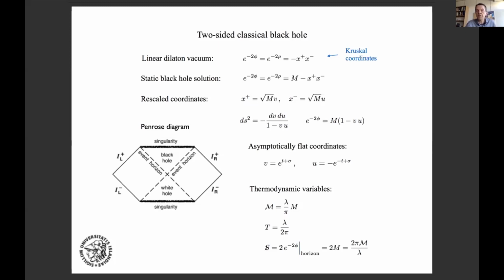The entropy, the Bekenstein-Hawking entropy, is given by the value of the dilaton at the horizon. And when you go through the dimensional reduction, you will see that this is in fact an area. This is 1/4 of the area of the higher dimensional black hole in Planck units. And so that's another thing that we'll keep in mind as we go along. Okay, so these are the